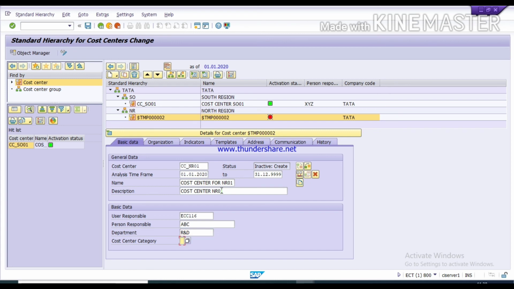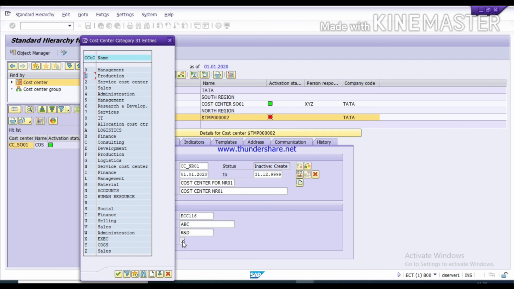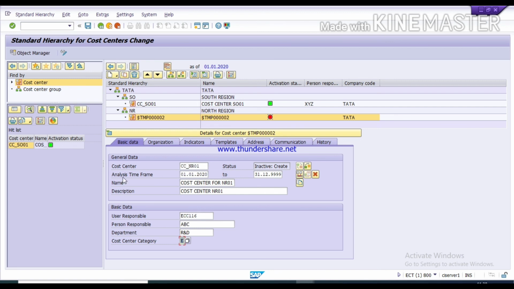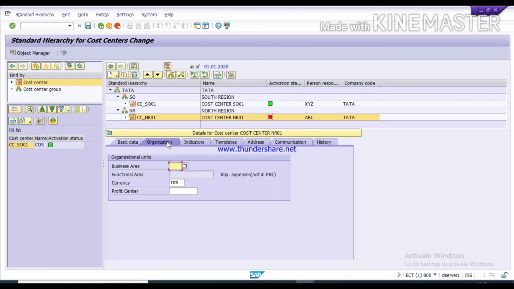Select your cost center category. I have selected this. Press F4 key to see the list. This cost center category I have selected for development, and just click on this organization and select your profit center. In a cost center we should assign your profit center.